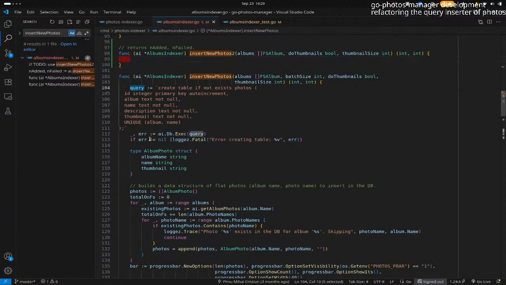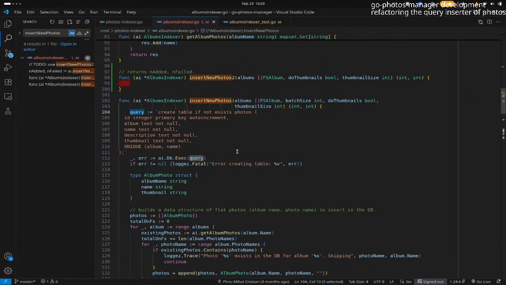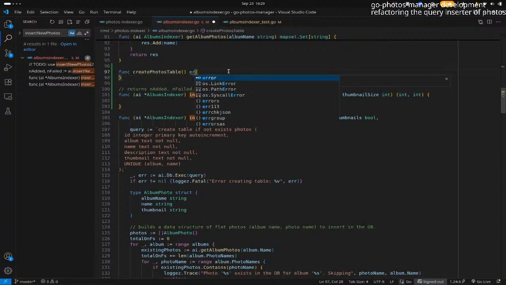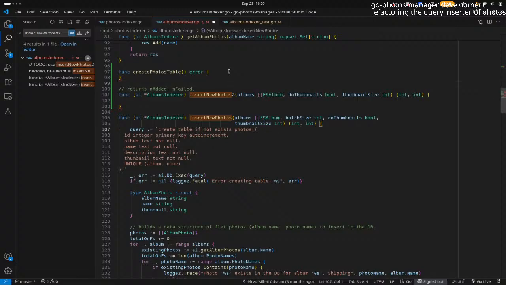So I need to create a table. That is still happening. So basically create table. Create photos table. I'm not exactly sure why this is here, but